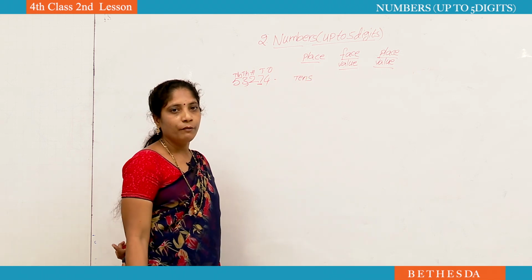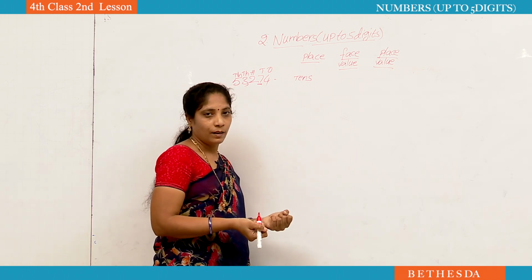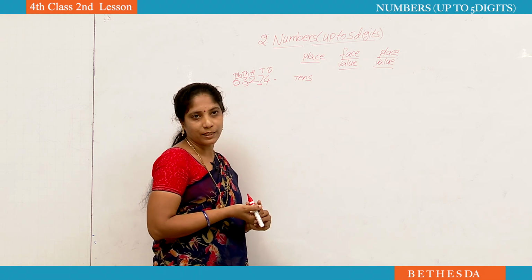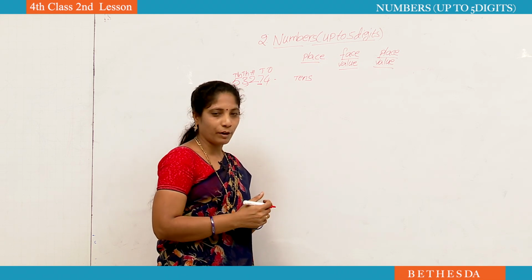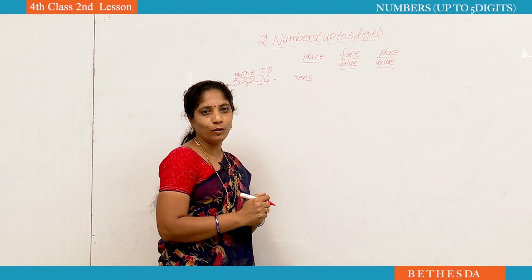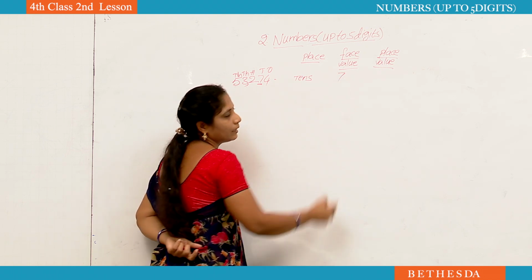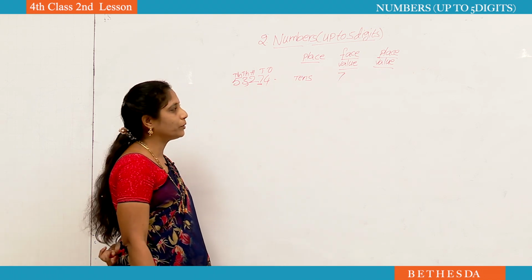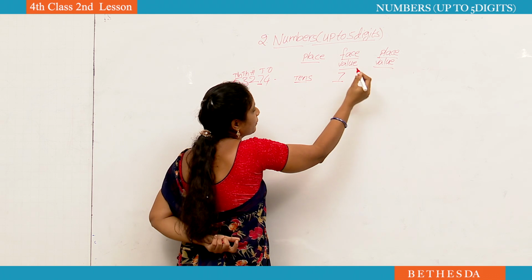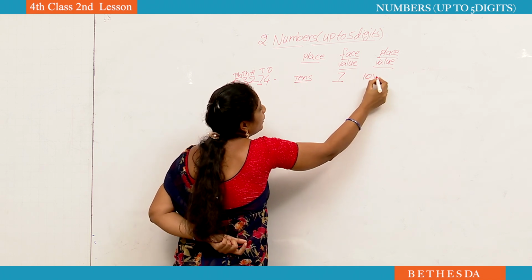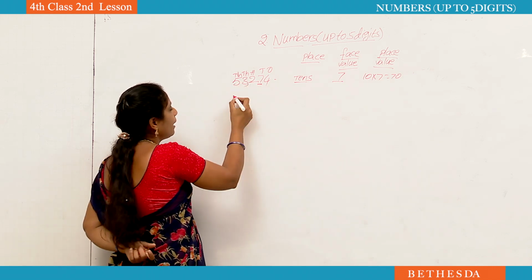Face value. By seeing the 7, what number can we find out? 7. From second class onwards, maybe I am giving you the same example. While you are seeing your face in the mirror, you can see your own face only. You can't find any hero or heroine's face. Like that only, by seeing the 7, we can find 7's face only. Face value means we have to write that number as it is. Now place value. Place value means we have to multiply the place and face value. What is the place? 10 into 7. 10 sevens are 70. Okay, did you understand? Okay, I will teach one more sum.